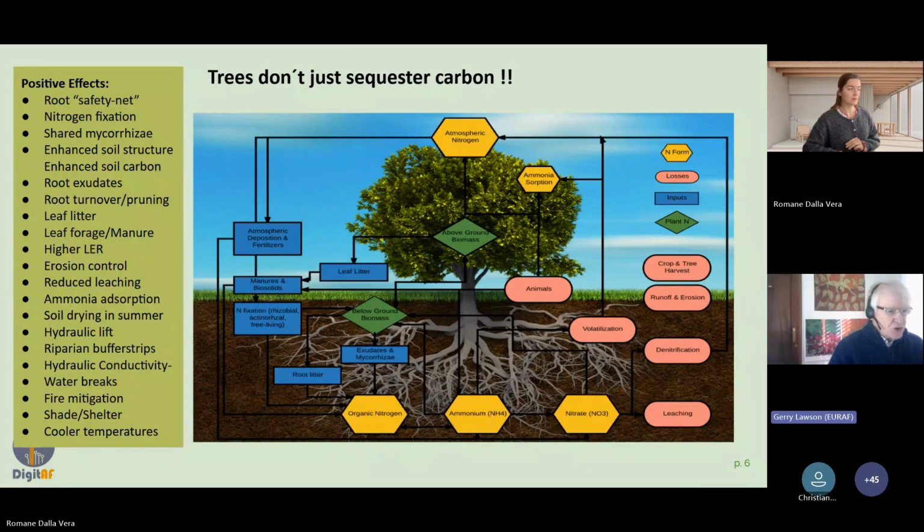So this slide shows that, of course, the picture is much more complicated than just carbon. So there are a whole lot of nitrogen conversion processes, nitrification and denitrification that take place. The uptake from the roots happens across a wide area. It happens to great depth. So these are the sort of complicated processes that in an ideal world have to be considered within the models that Christian and Bas are going to be talking about. The models obviously won't be able to consider all of these, but trees are powerful things.